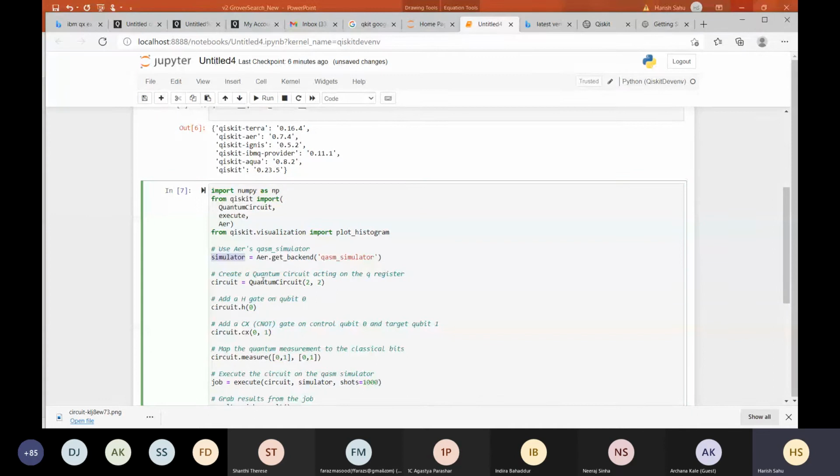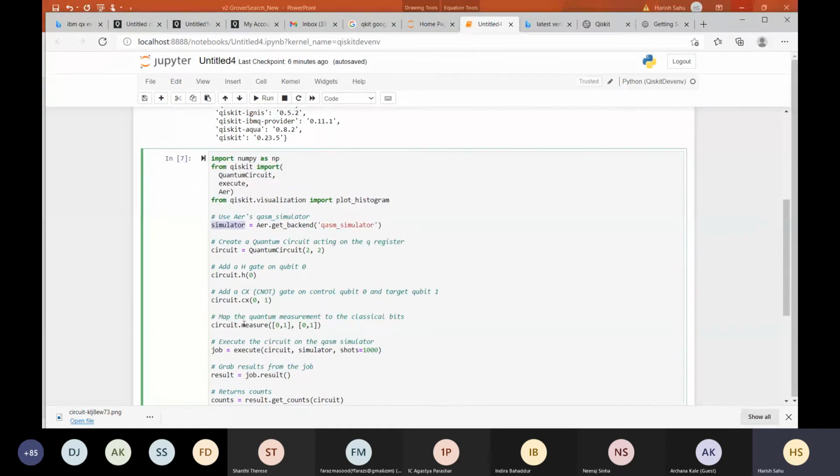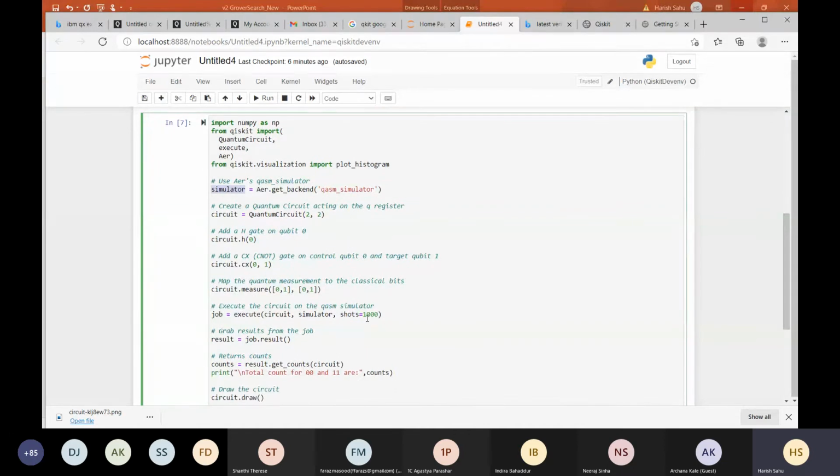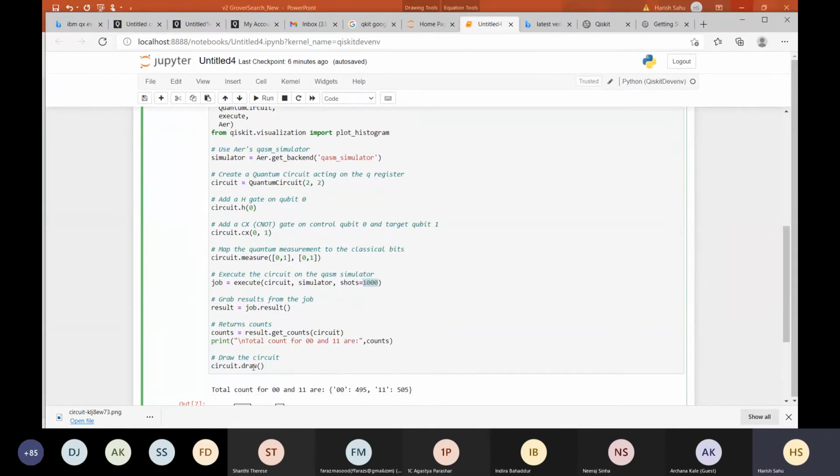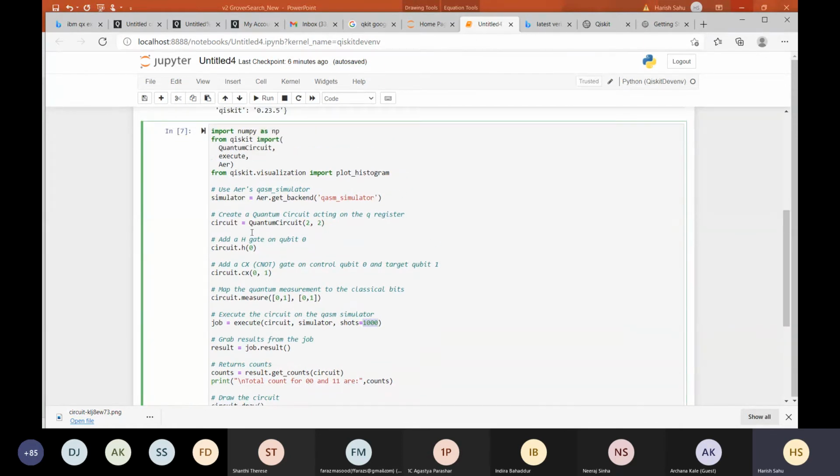Now what we are saying here is that we are going to create a quantum circuit of 2 qubits and 2 classical bits. Then in the circuit we are applying Hadamard on qubit 0 and controlled-X on qubits 0 and 1, and then we are measuring. Then this command executes the circuit. How many times? Shots is basically 1000. You can change the shots according to your requirement. Now you are getting the results. Then you are counting how many times 00 is occurring and how many times 11 is occurring. And there is also the command circuit.draw. So whatever functionalities you need, you can use.